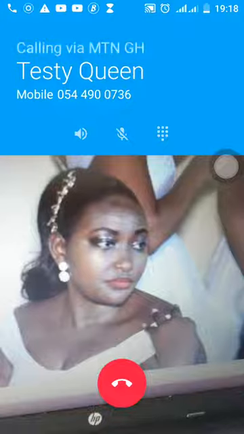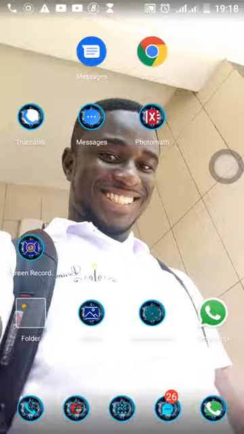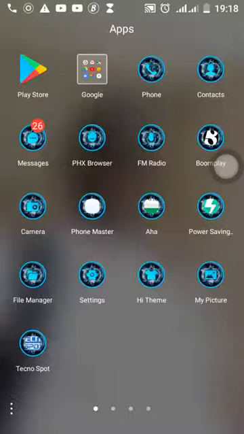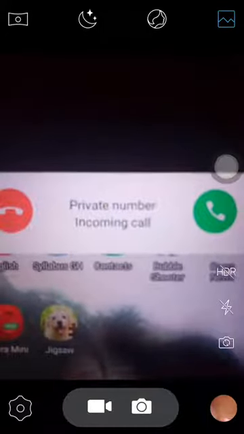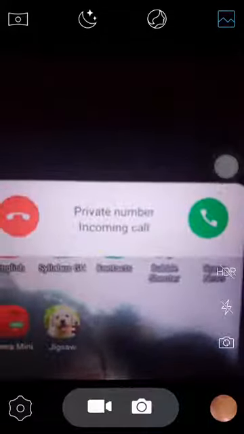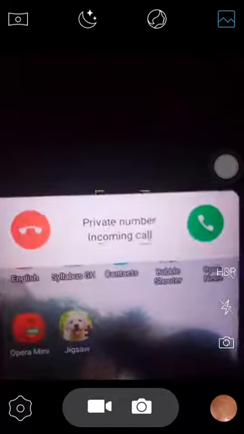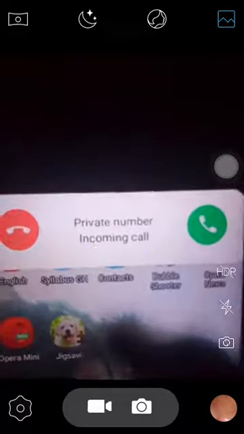Now let's see if it is true. Over here you can see that the number displayed is a private number. So now it has successfully been configured to a private number.